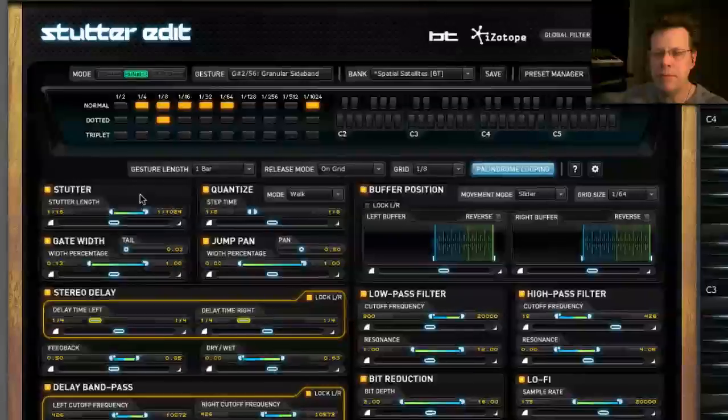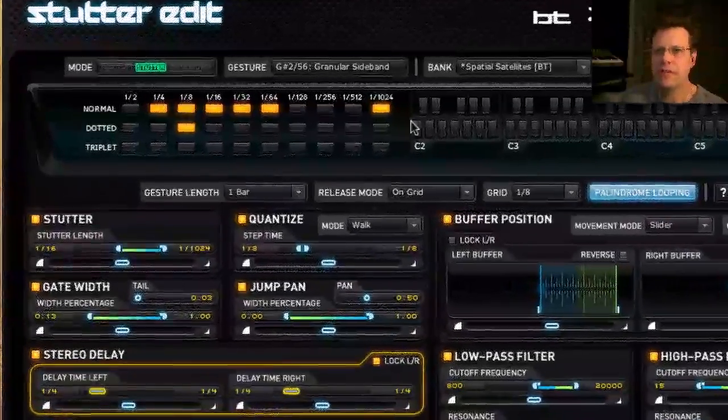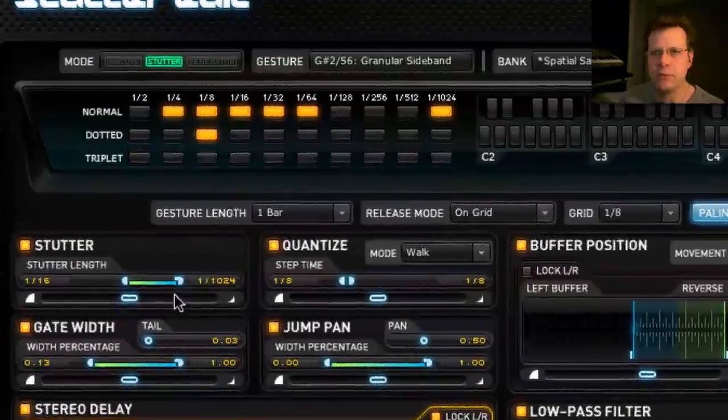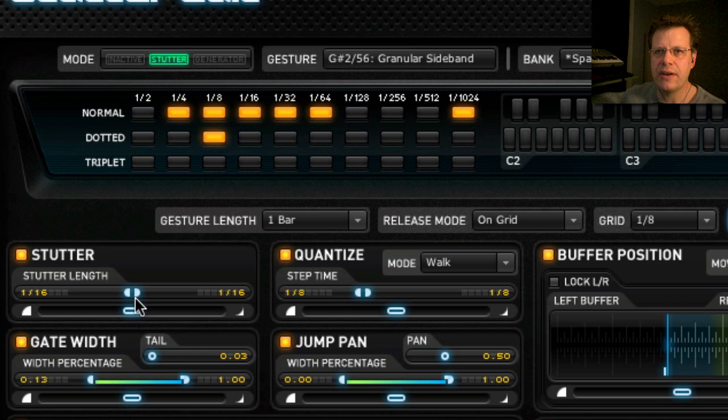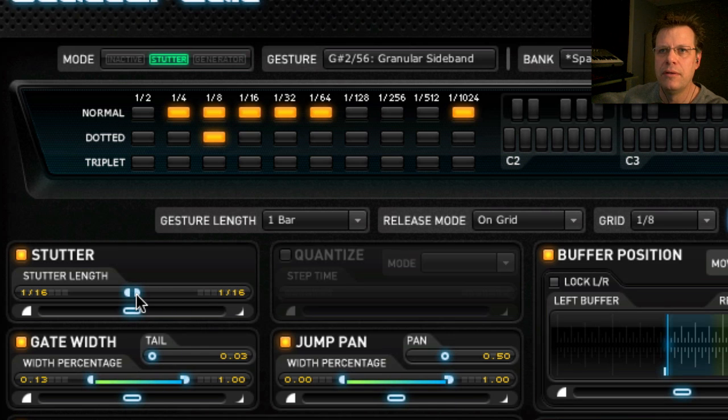You've got the stutter, which is determining the timing resolution of what the stutter will do. And if you set it to really close values like that, it stays at one value. So now it's going to stutter at whatever timing value that is. What note is this? This is G sharp 2. So now if I play my track,